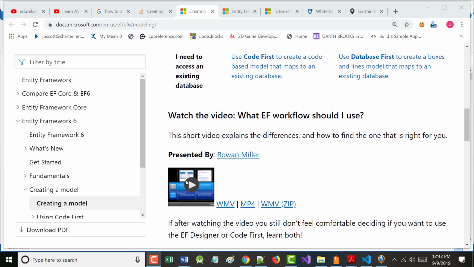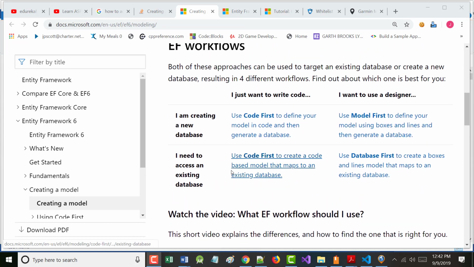Now, I could show it to you. There's a 4-minute long video, but it basically says this. If you look up on the screen here, you have 4 different options when you're working on this stuff. So the author says that if you want the code to basically create a database for you, you use CodeFirst. If you've already got a database and you want the database to create the code for you, you